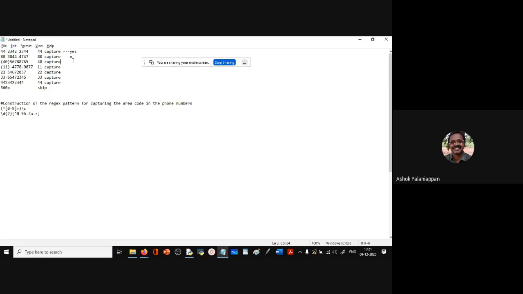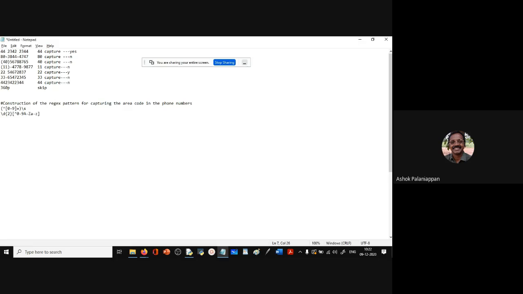Now this one is not starting with a number at all, and so it is not matched. This one again is not matched, because it's not starting with a number. This one, yes, it is matched and there's a space. This one starts with a number, but there's no space, so no. This one starts with a number, yes, but the space is at the end, so the area code is not extracted.